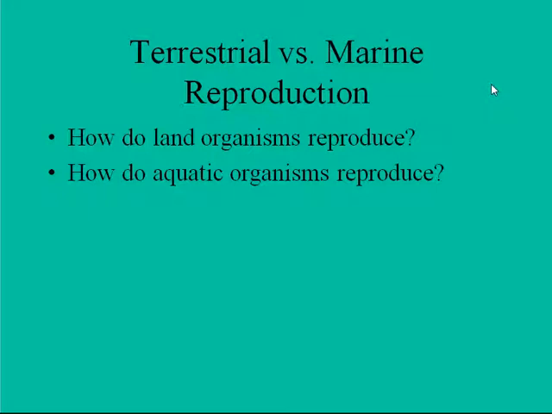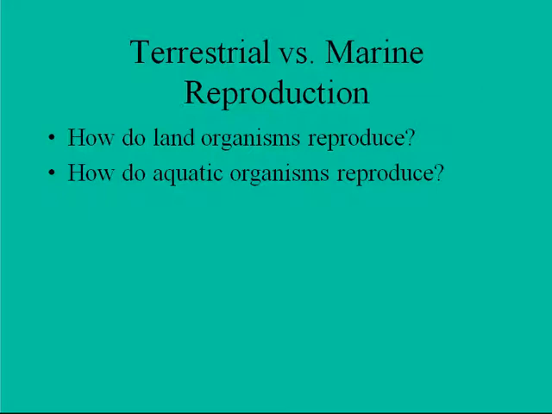thousands or millions to one, and so the most successful and the most numerous organisms are going to be the microbial organisms like bacteria. But if we think about larger organisms like animals and plants, how do they reproduce? Well, most of them reproduce sexually, and most animals reproduce by copulation, of course. But what about aquatic organisms? Do most of them